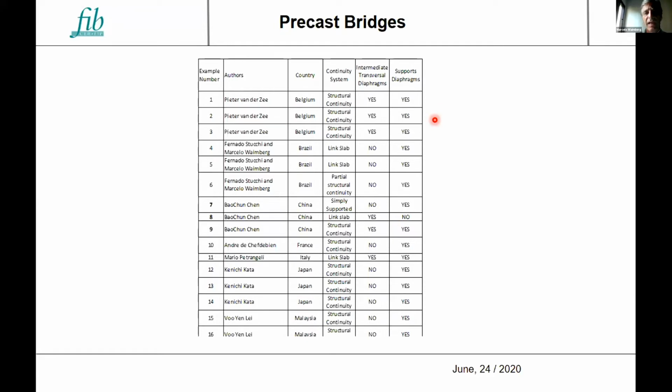There are good reasons for using them or for not using them, depending on the constraints you have in your environment, but we present the difference in the conceptual design using or not using these diaphragms.